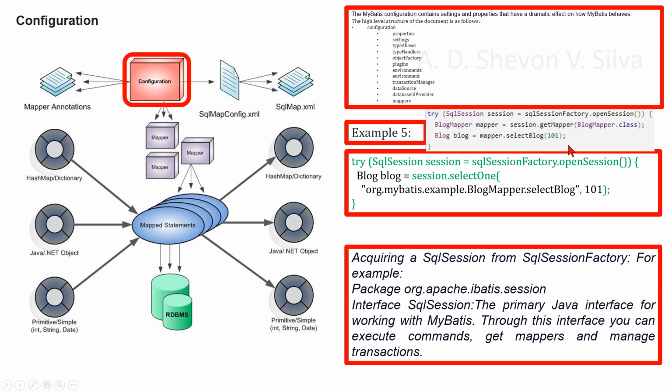Using an interface, for example, blogmapper.class, that properly describes the parameter and return value for a given statement, you can now execute cleaner and more type-safe code without error-prone string literals and casting. For example, here,